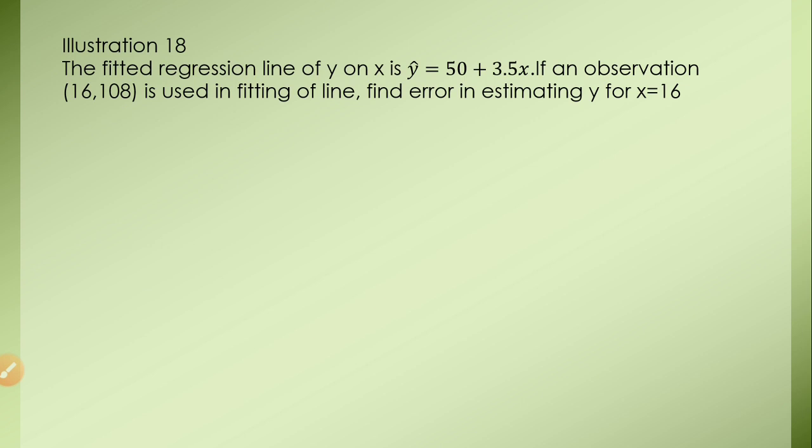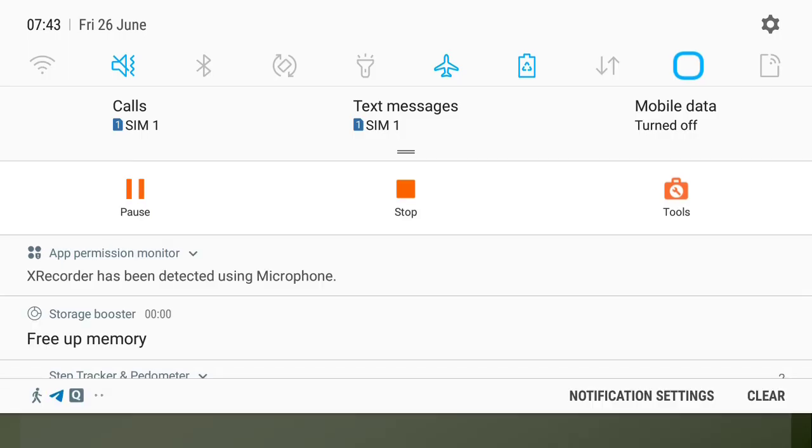Regression line, you can see y cap is 50 plus 3.5x. Now observation (16, 108), what does it mean? 16 is x and 108 is y. Agree? Yes. These observations are actual data. They have told you to find the error when x is 16. So first of all, what will we do,